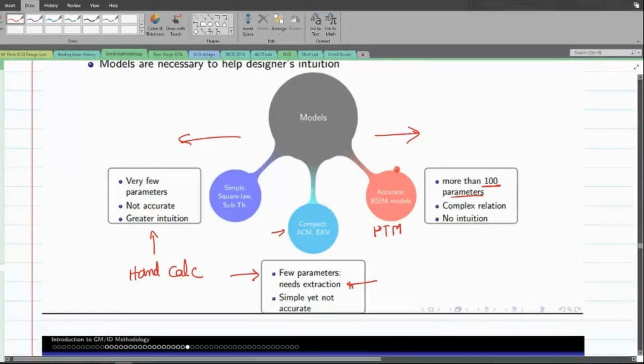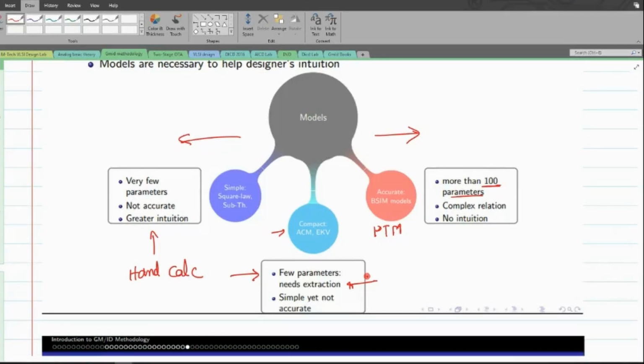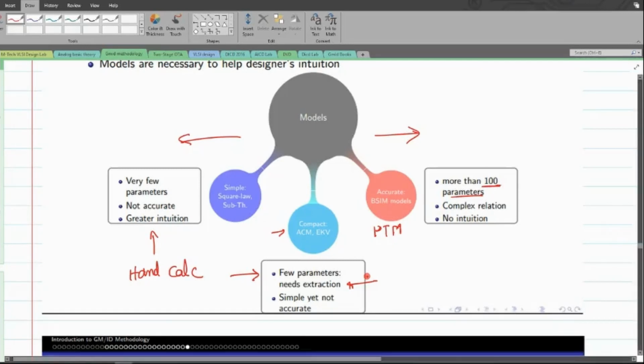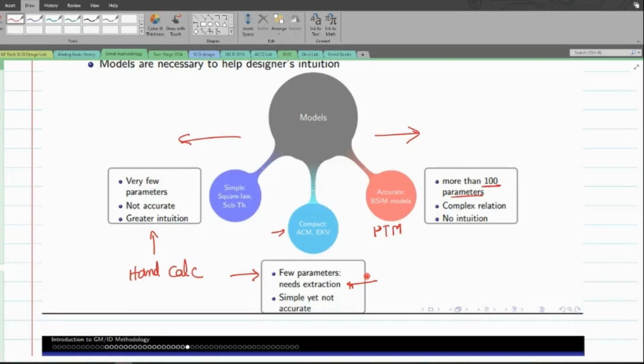So we need some sort of balance across these two extremes, and that is where the compact models were used. But again, as I said, these compact models involve very few parameters. We need a few more extra parameters to be added, and then we also have to involve some current equations. So we have to work with the current equations and then try to analyze the circuit. This becomes quite good for researchers, but for us, even adding a few more extra current equations will move us away from the essence of this particular circuit design. We want to grasp the essence of circuit design rather than trying to study different current models and then adopt them.